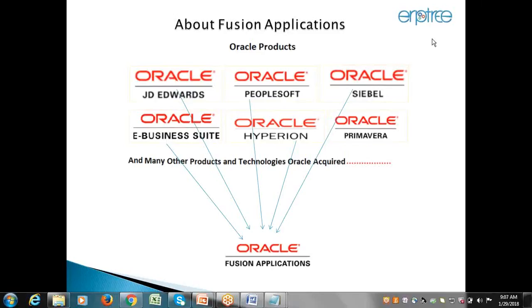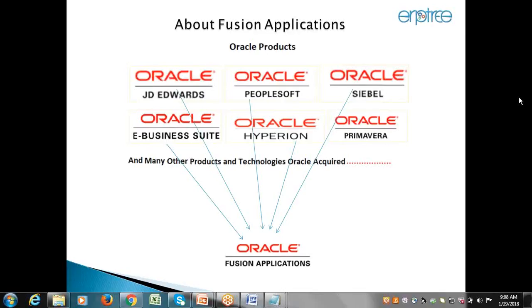Hello, Laxman. This is Shravan. Yes, Shravan, please. My question is, down the lane, how do you see these Fusion applications right now? Last year, EBS 12.2.7 was released, and they say they would support it till about 2030. So is this product going to keep growing in the future, or are they going to support EBS? That's what they announced. And on the other side, they are building the platform where EBS clients can upgrade to Fusion also.